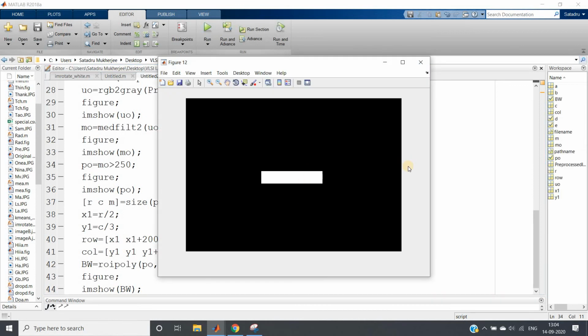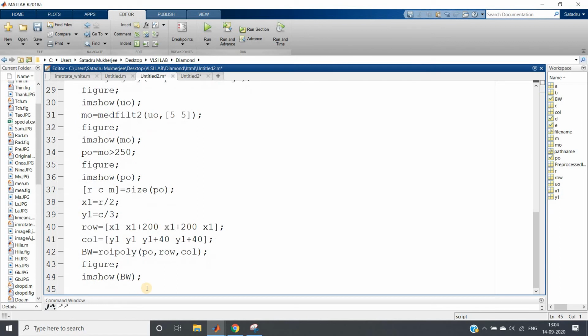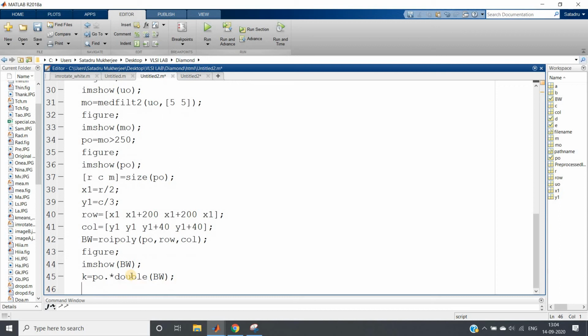Now we are going to multiply this filter, this mask, with our PO. So maybe K equal to PO dot star. This is binary, so I will be converting this to double of BW. And then K I got, right?